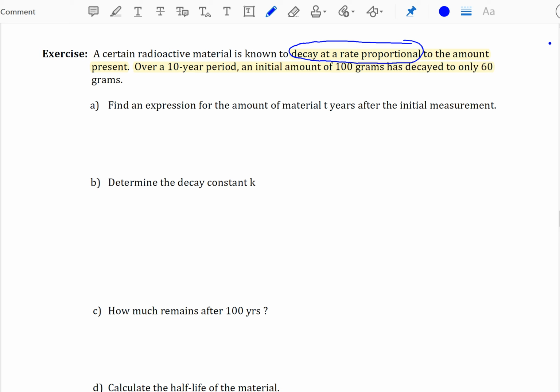Our first question. Find an expression for the amount of material after t years. So we're not being asked to write the differential equation at this problem. We're just asking to write the amount present after t years. Now, since we're talking about a material, I'm going to use Q for the quantity of material. So we can say if Q is the quantity present,